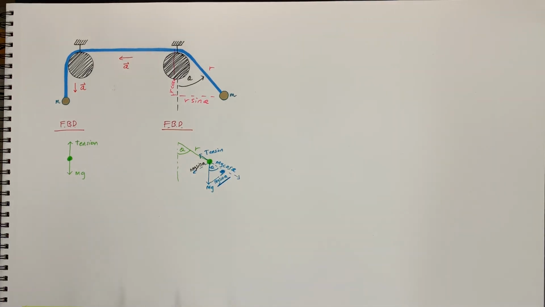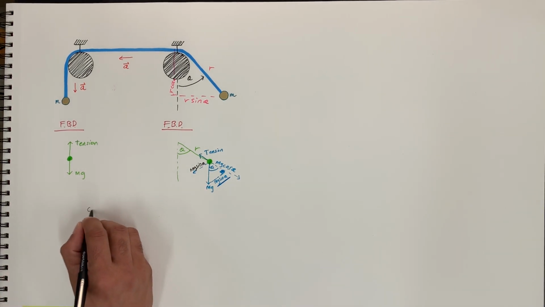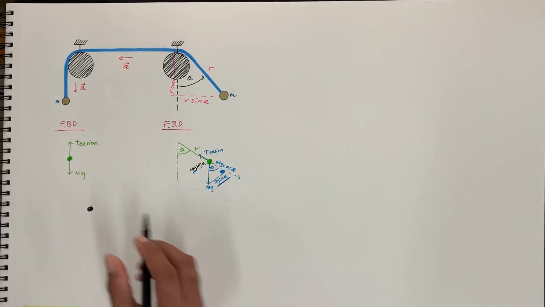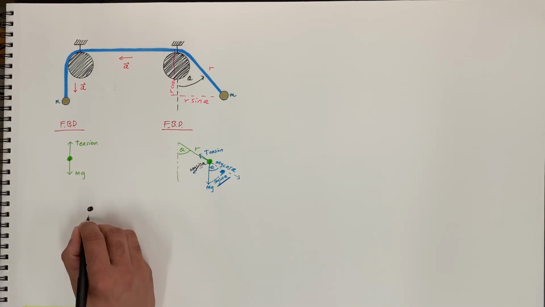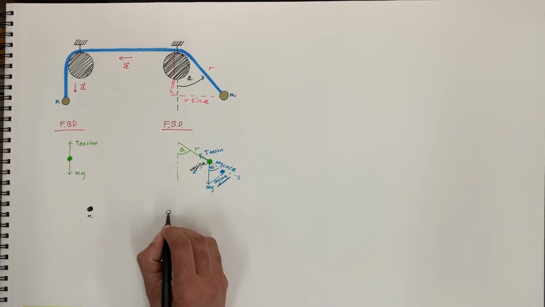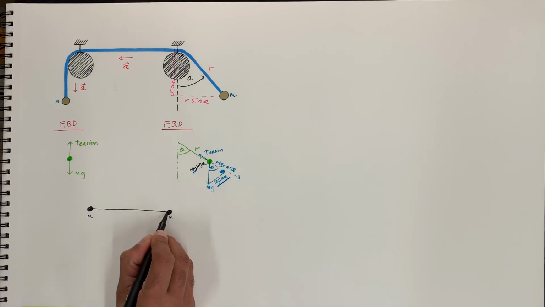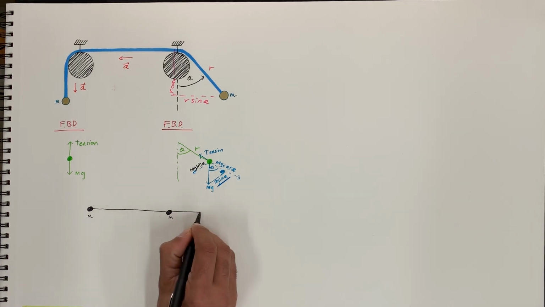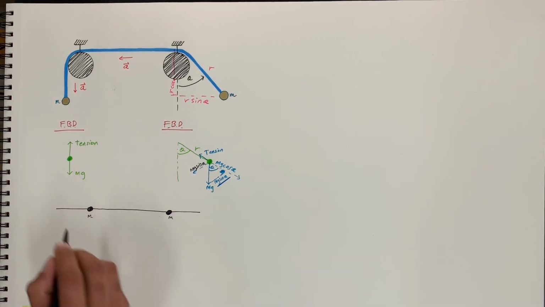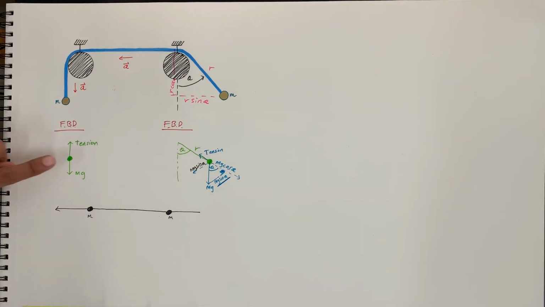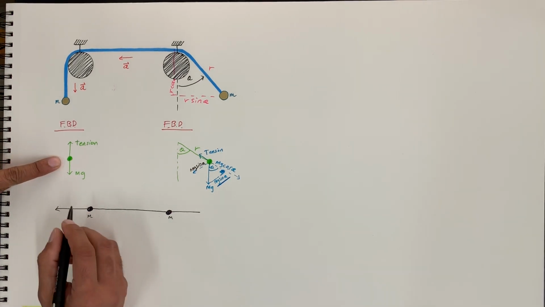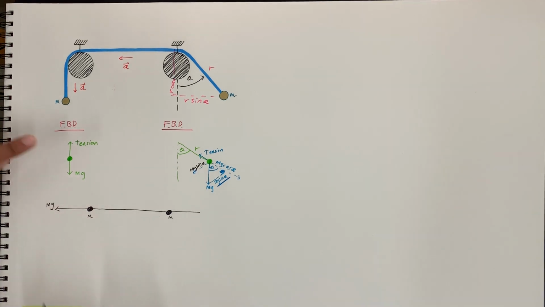Okay, and so if we take a look at both of these free body diagrams as one, it makes it a little bit easier to understand. This is this mass here, and this mass is over here. And this is the rope connecting both of them. And so this one here is just experiencing mg, mass times gravity, as it goes down,